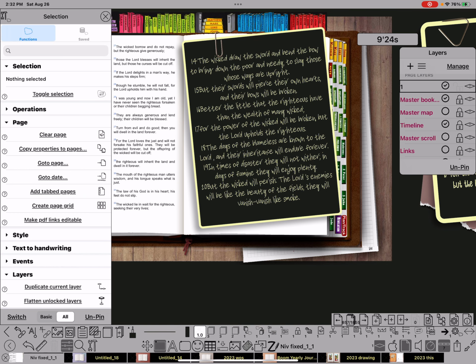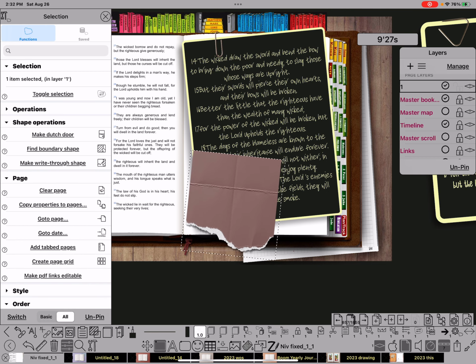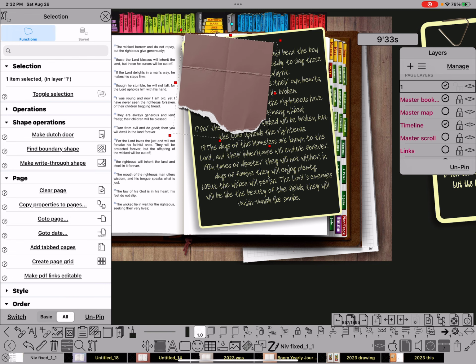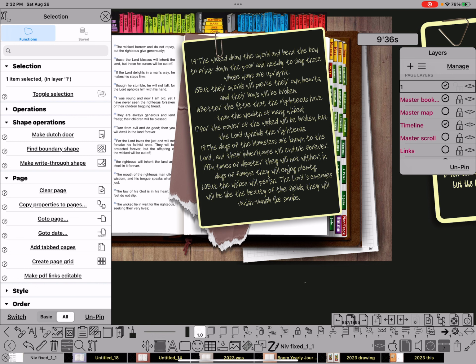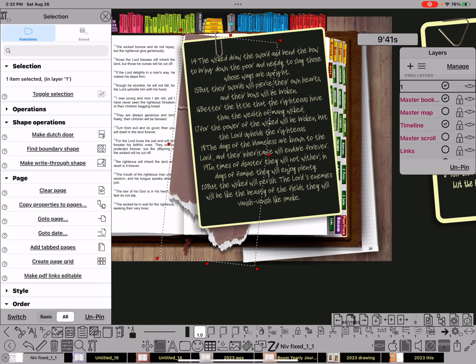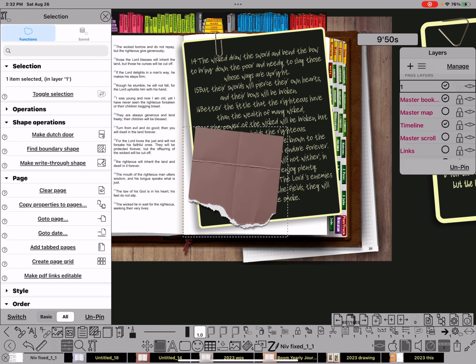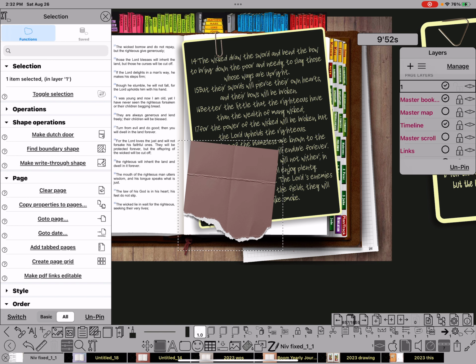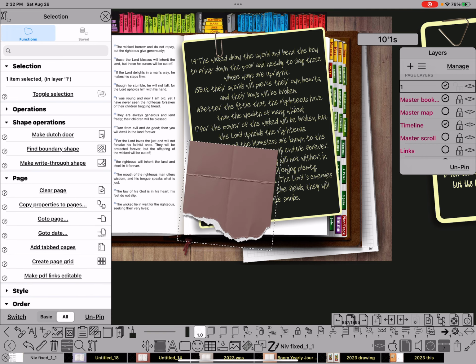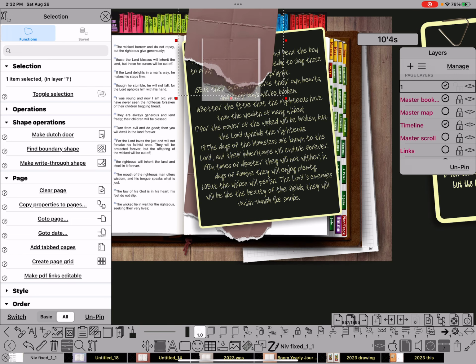I also included this little piece of paper here. That is another image that I had put up here and stretched so that it looked like it was a full piece, but the bottom really does look stretched, so I don't love that. I'm going to undo that and just move it down here so that, because it's angled, you can't tell that it's not a whole sheet. Now I could go ahead and duplicate that and drag it to the top so the top shows at the top